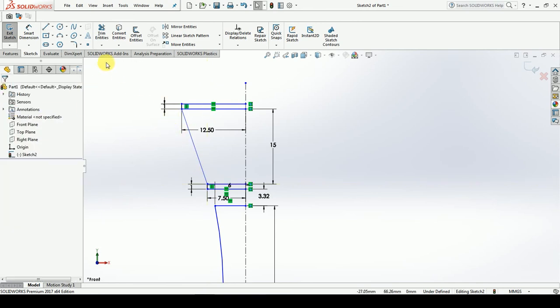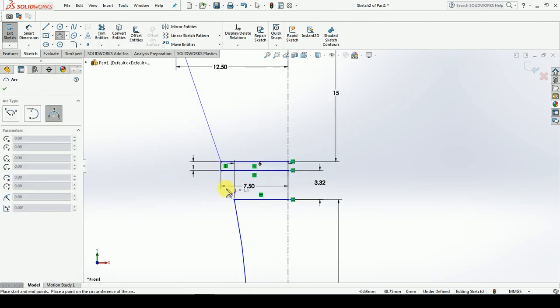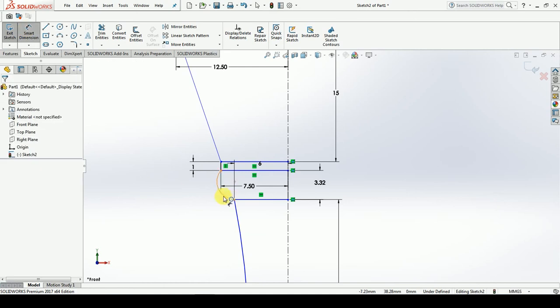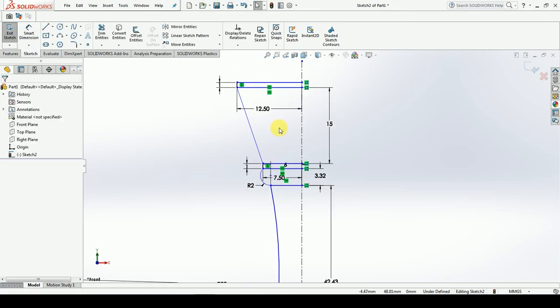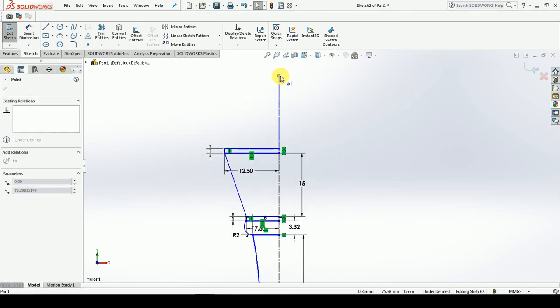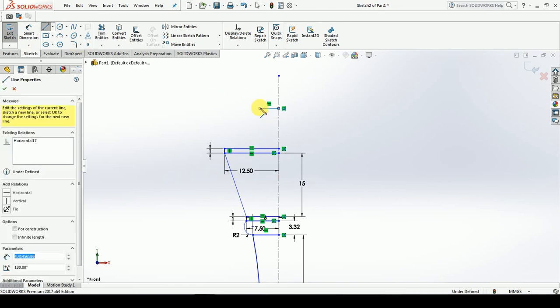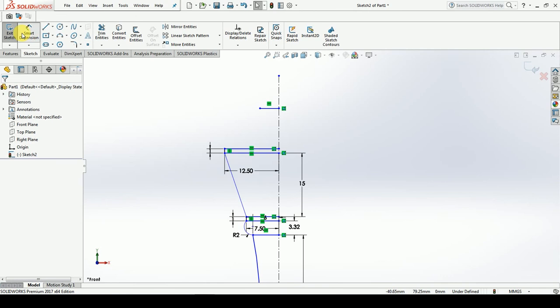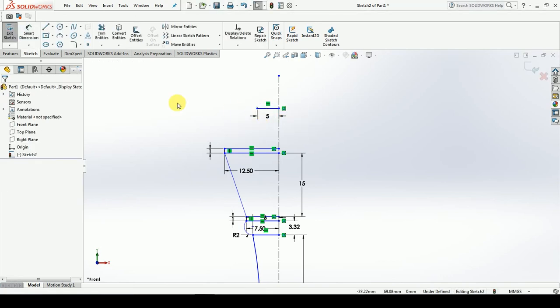After that select 3-point arc. Select these two lines and click outside randomly. The dimension of this arc is 2 millimeter in radius. Extend the center line. Now draw a tiny line horizontally. The dimension of that line is 5 millimeter long,